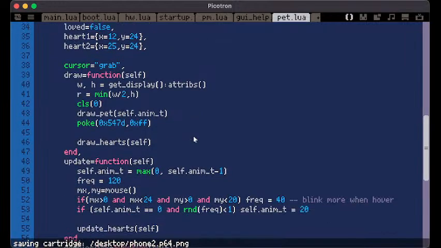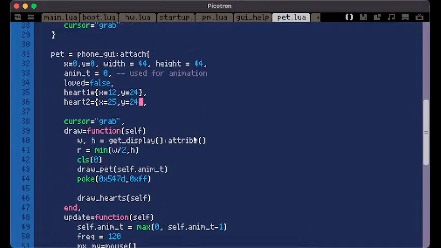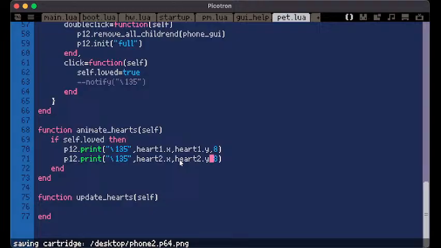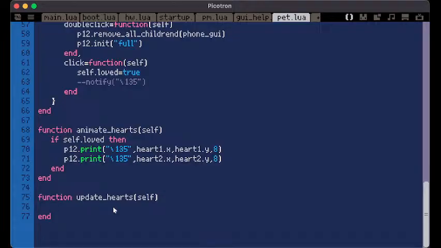Alright, so here we have our two hearts. Heart 1 and heart 2. Alright. So here I do heart 1.x, heart 1.y. Okay, now on update, we want this stuff. If self.loved, then